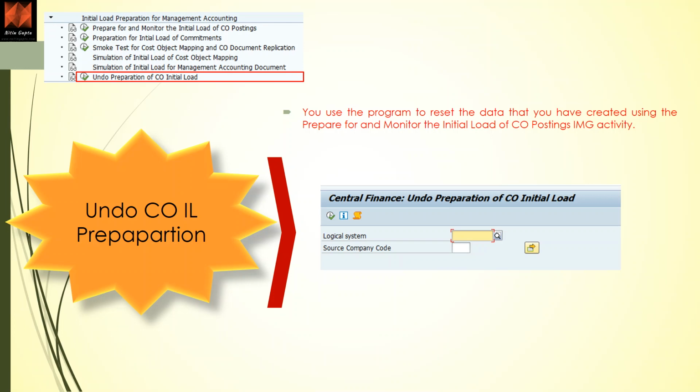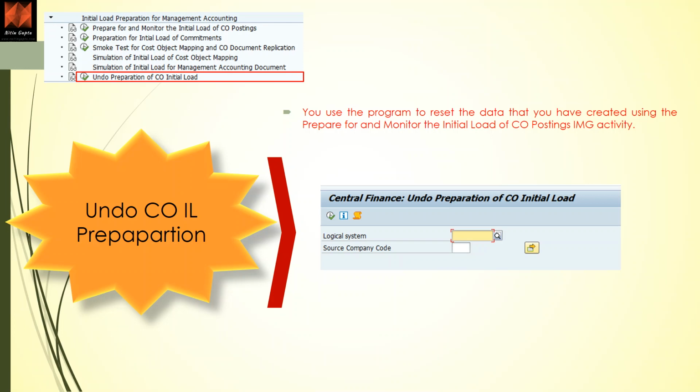You have to give the logical system, you have to give the company code, and you execute it, and through RFC connection, the system will delete it in the source system. You have the option of doing it directly in the source system also. Initially it was the only way of working, but now SAP has introduced this node in the CFIN system, and through RFC it goes into the system and deletes the preparatory tables. It doesn't change anything on the transactional table, just the preparatory tables.